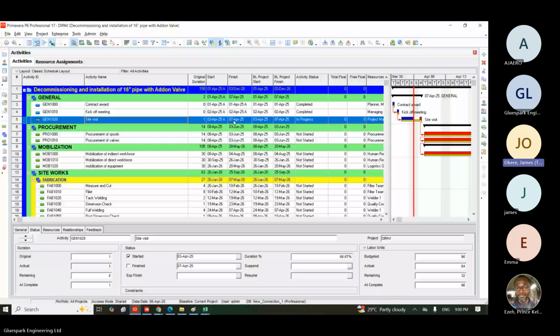Now, the question is, projects don't always work like that. I can plan to do an activity for